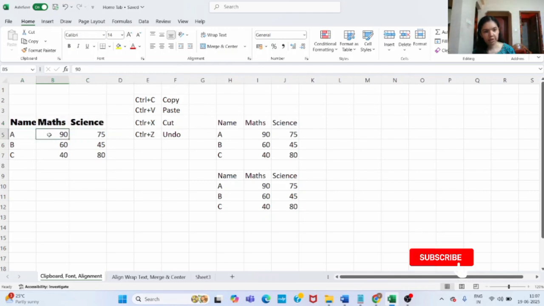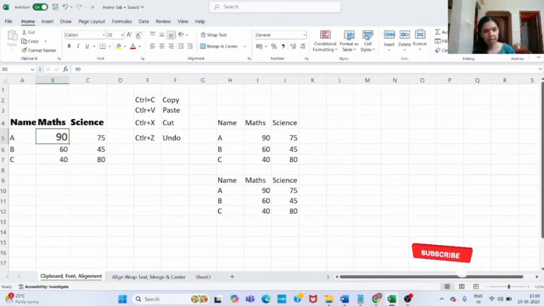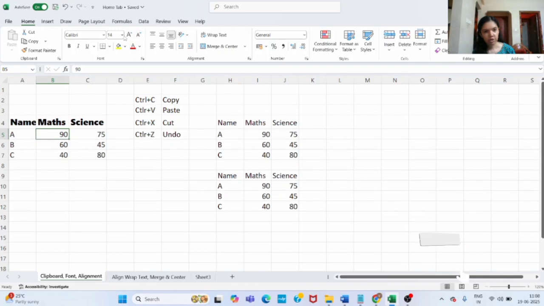Like suppose you click on this cell and if you press this once, the size will increase slowly, and then if you press this, the size will decrease. So this is also for the same purpose. However, here if you click, you can see the font size here, and this step by step it will increase or decrease the font size. And the next option here is to bold. So suppose this entire data you want to bold it, just click here and press this. So this has got bold.